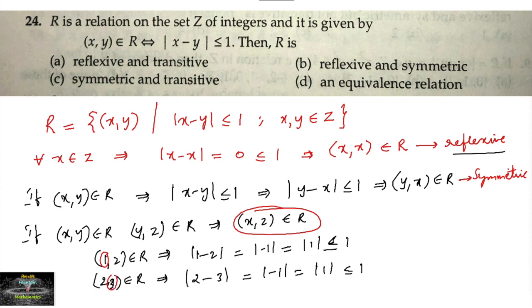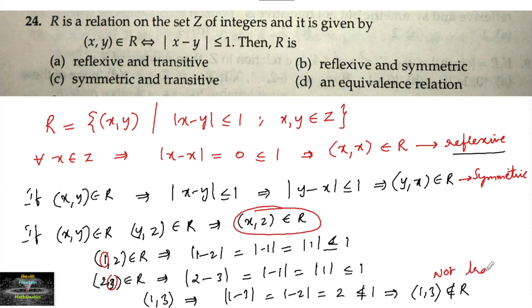So if I take the ordered pair (1, 3), mod of 1 minus 3, which is equal to mod of minus 2, which is equal to 2, is not less than or equal to 1. So which implies that (1, 3) does not belong to R, and hence we can say this is not transitive, and hence we can confirm that it is only reflexive and symmetric but not transitive. So option B is